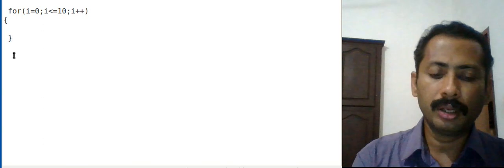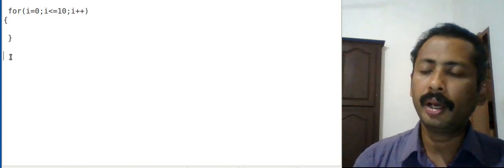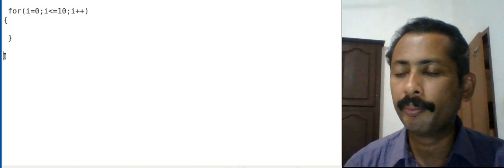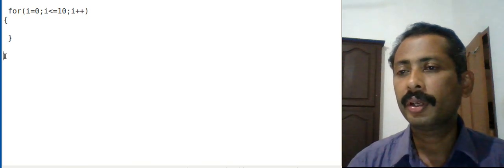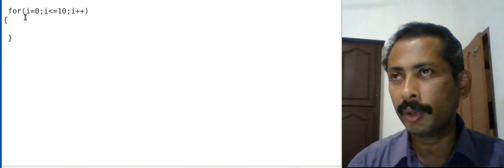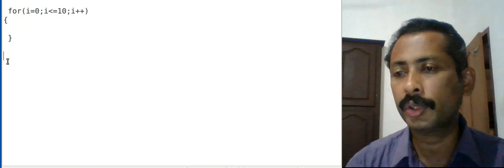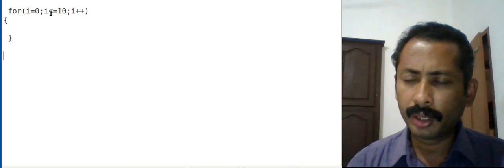And for better understanding, if I am giving a print statement here, System.out.println, it means that only after the execution of this loop does it come to this place. So if i less than or equal to 10 is true, the body gets executed.